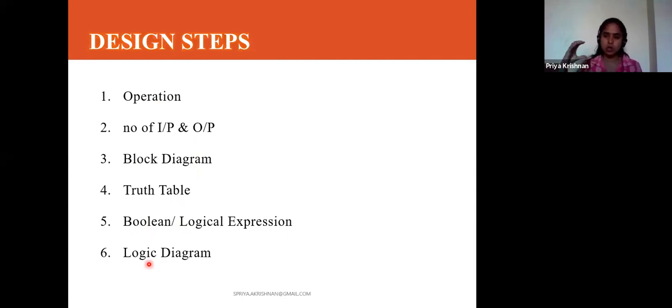What you got in the logical diagram, you can implement using actual ICs. So this is a very important slide and we are going to do the steps in the same manner, from point 1 to point number 6.